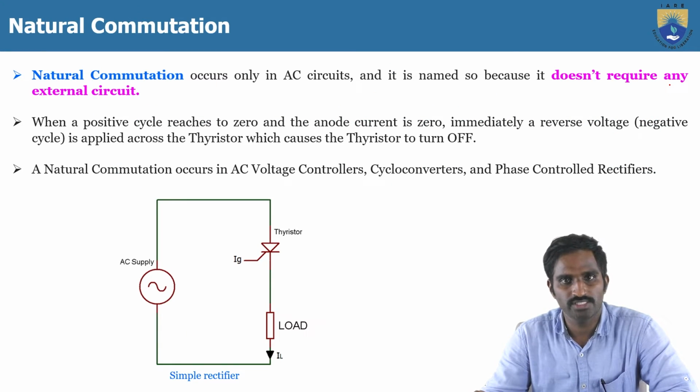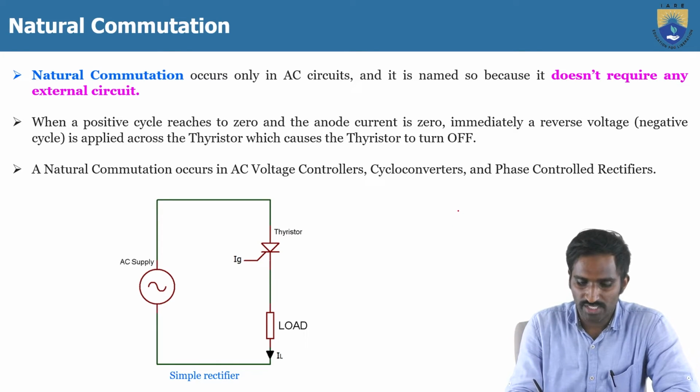So first one, the natural commutation. Here the name itself is indicating what kind of commutation it is. Natural means without doing anything. So by the nature of the supply itself, it will turn off the thyristor. That is called the natural commutation. When the supply is AC, the natural commutation will happen, because as we know the AC supply